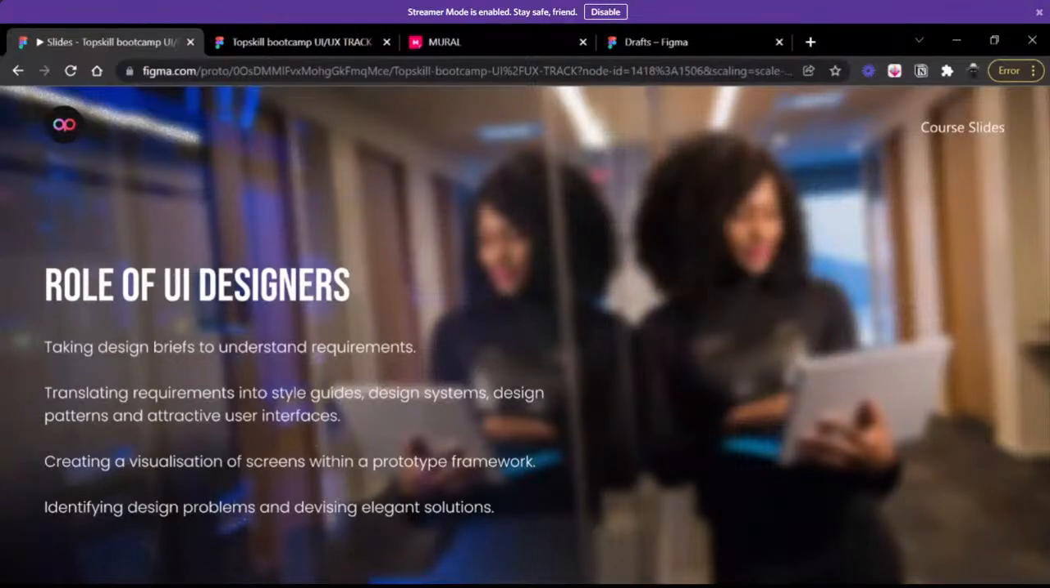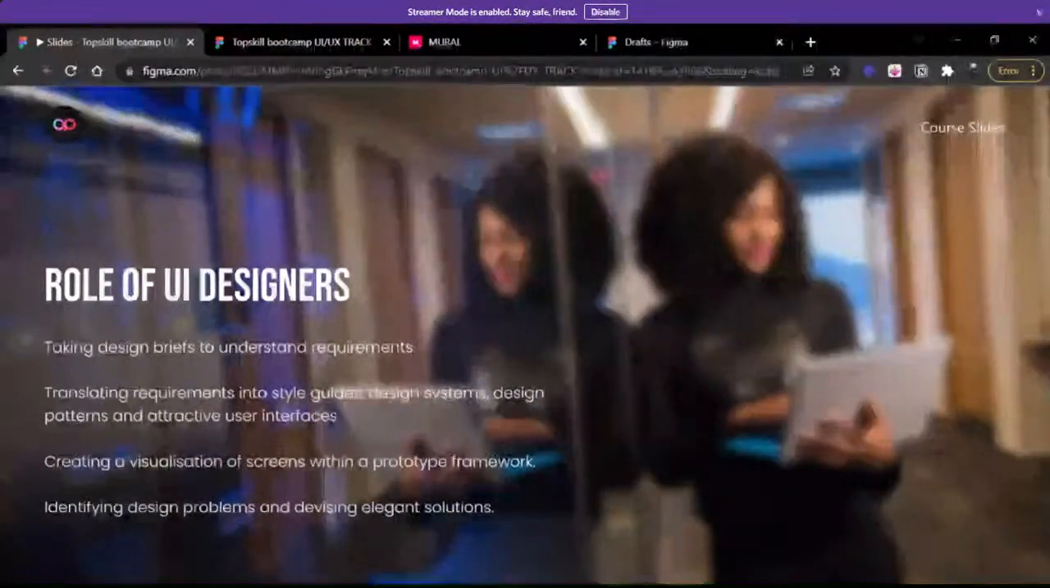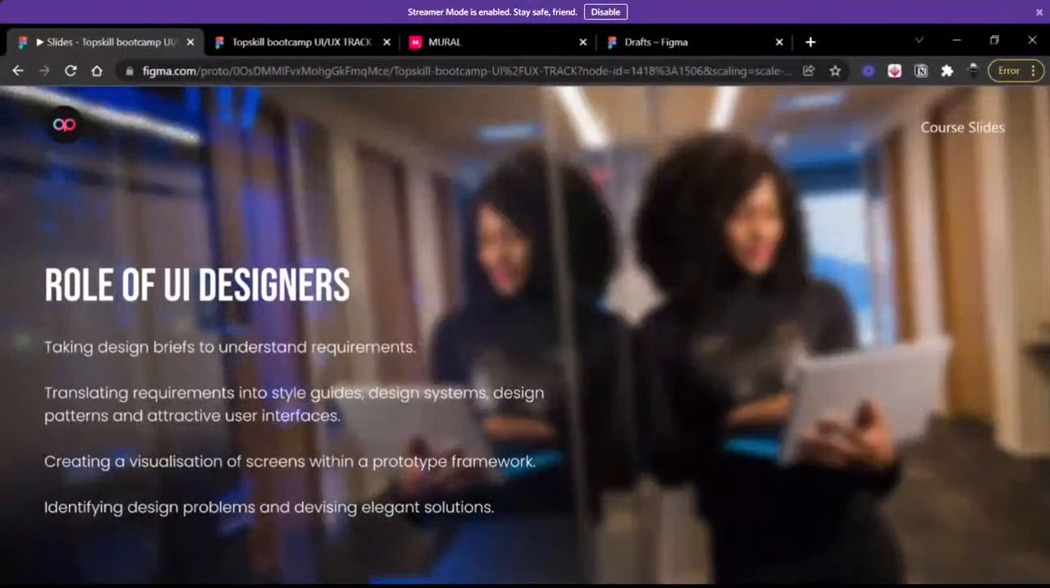Also translating those design systems, the style guides, all those components in design, converting them into the interface that the end users will now interact with when it has been built out by the engineering team. UI designers are also responsible for creating the visuals. So when you create those UI screens, those interfaces, when you design them, you would have to prototype them. Prototyping basically means you are trying to demonstrate,